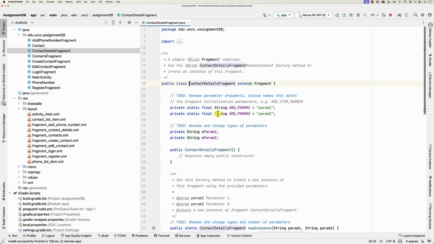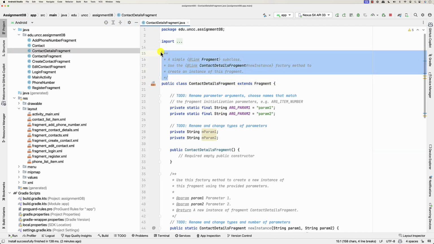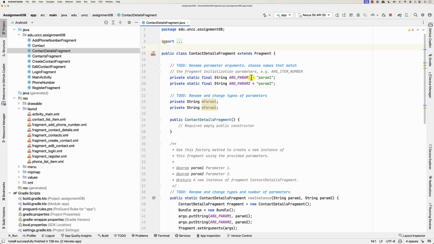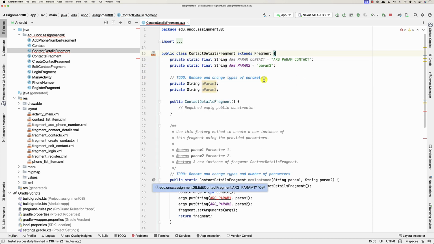So basically is the fragment contact details. We know that we're going to send you a contact. This is parameter contact. Here it is. There it is, Control C, Control V. Here is my contact that I'm going to send you. Only one parameter. It's a contact, and I call it M contact. Right, I'm going to send you,